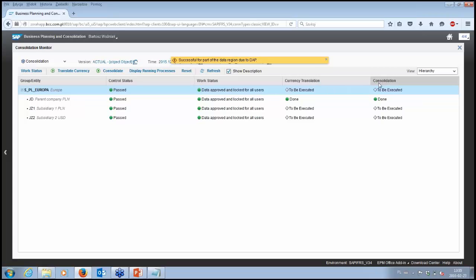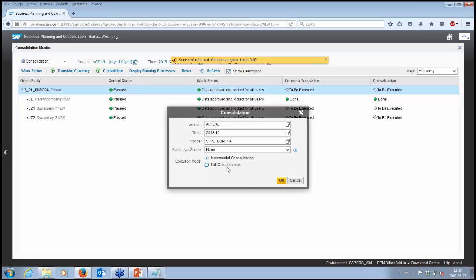Currency translation and consolidation. For the purpose of this presentation, we will consolidate this at once with currency translation, and it will ask us, do we want to proceed with all incoming data, or do we want to use only incremental consolidation?